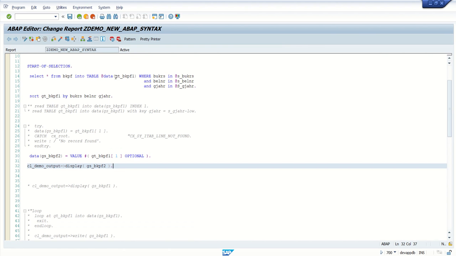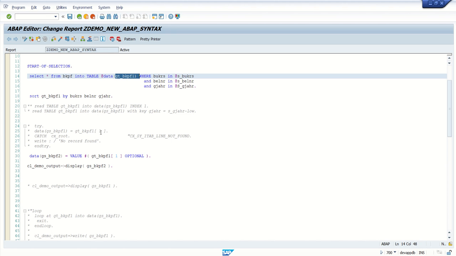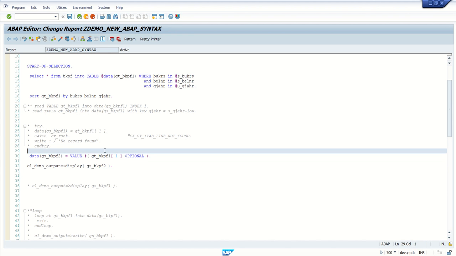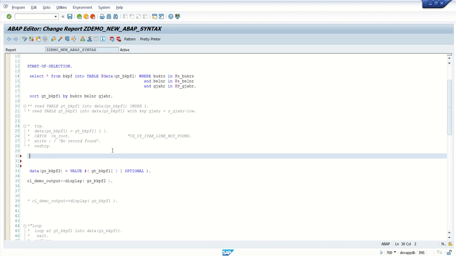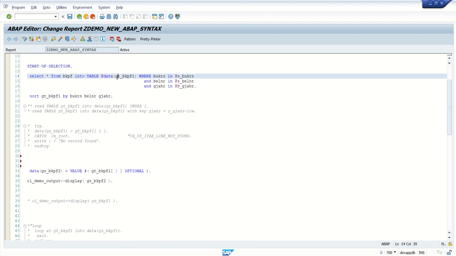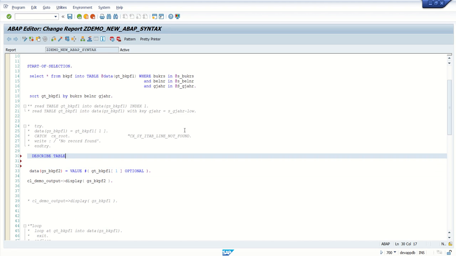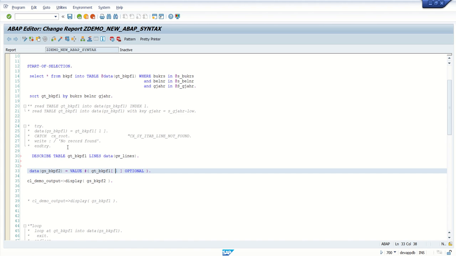Now let's take an example. You want to read the last record of this internal table and display that record. So how to do that? Let's continue with the same concept. Just this one I will replace with the index. Now the old method to read the total number of records in gt_bkpf1: first I will write the old syntax as it is, with inline declaration. DESCRIBE TABLE gt_bkpf1 LINES and the inline declaration of the variable gv_lines. Here, whether we are using this method or this method,